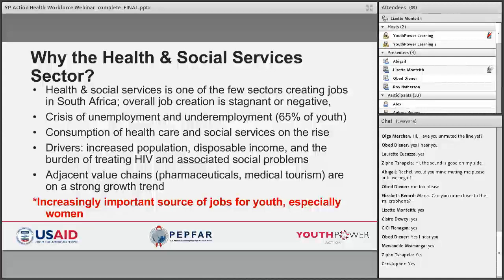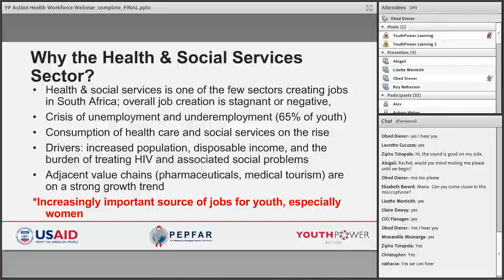So why this health and social services sector? I'm asking this question really from a youth employment perspective. To answer the question, we start really with the overall context for youth employment in South Africa, which really could be described as a grim situation. At the root of the problem,